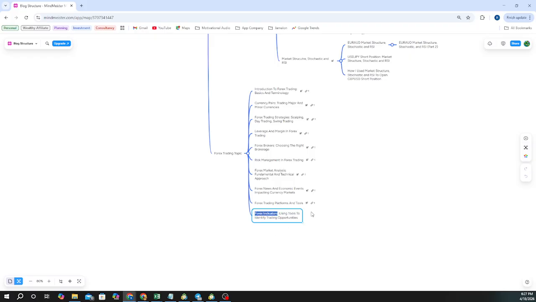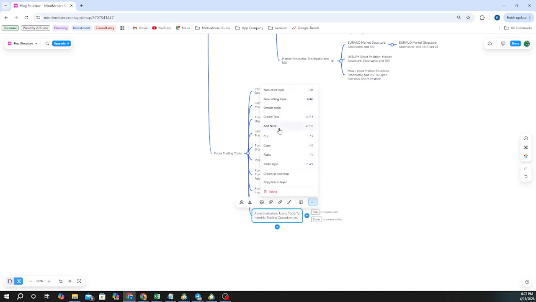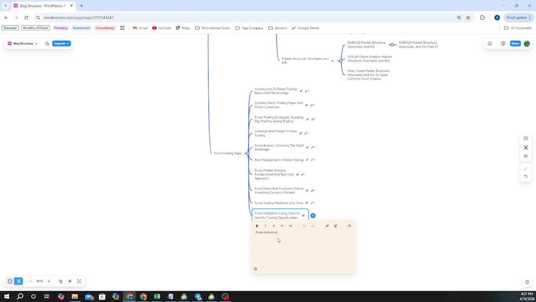So this is one. Two, identify trading opportunities. Okay, Control C, and then here,